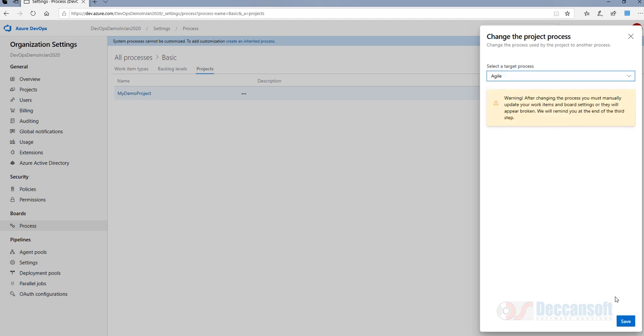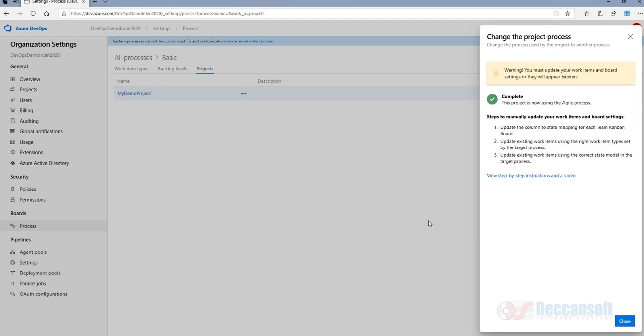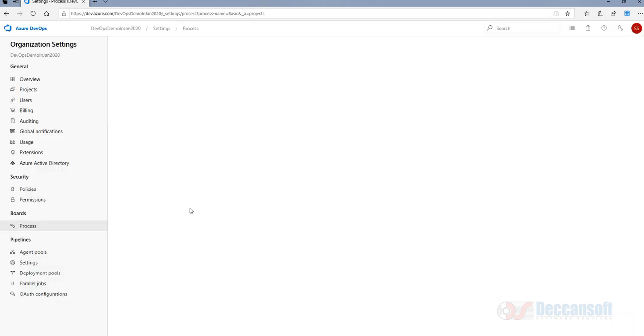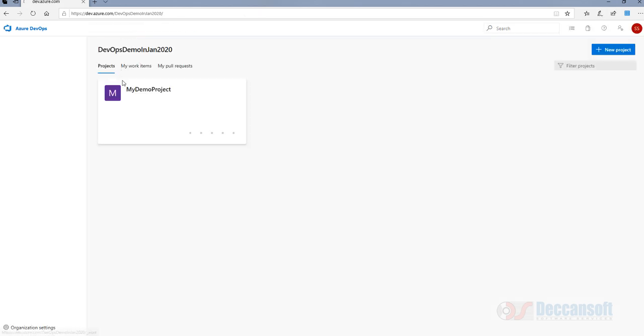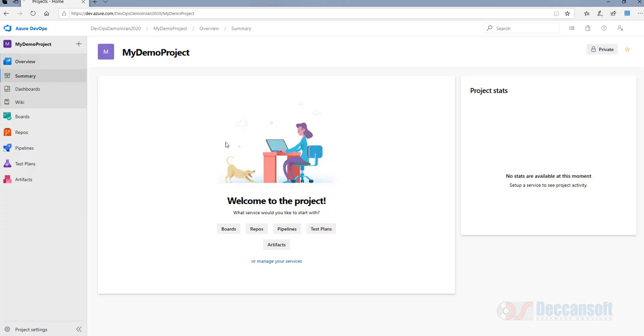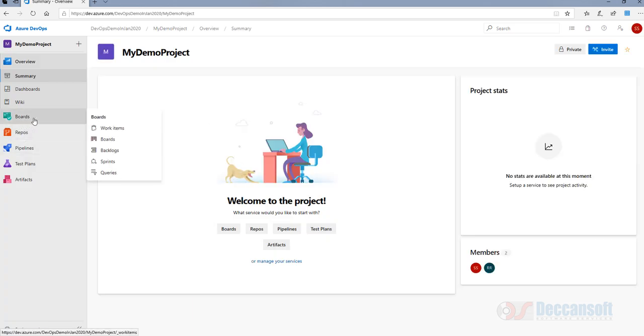Save it. Some warning is given, but that's fine with us because we did not add any work items. So nothing will be broken for us. Right? Update the column to state mapping, existing work items, and so on. Now go back to the project, my demo project, and here now if you go to boards,